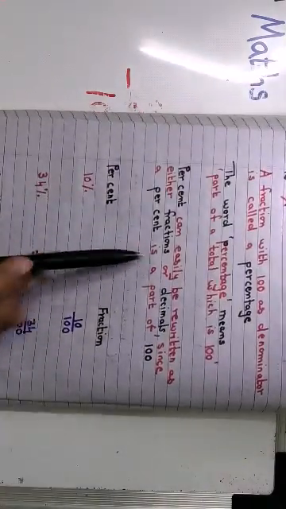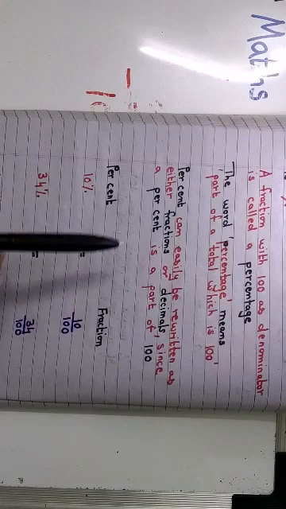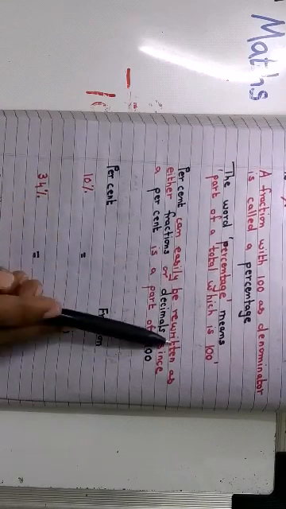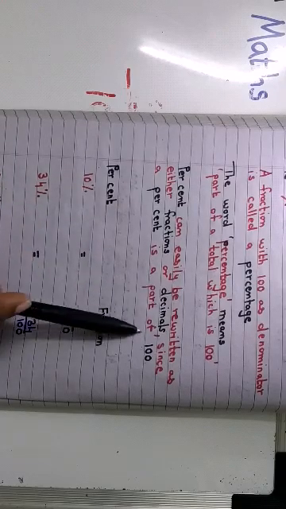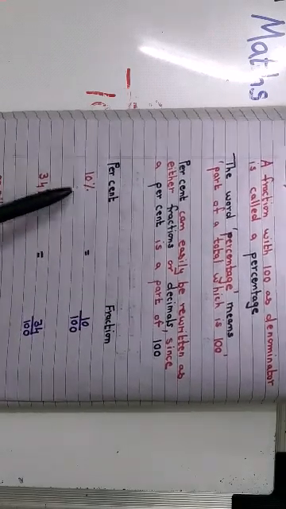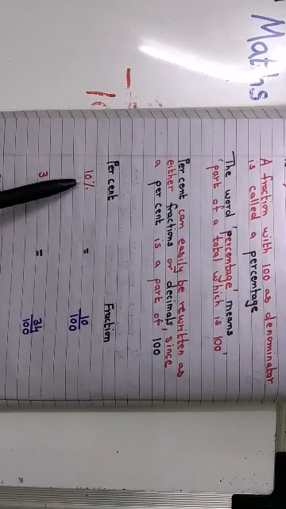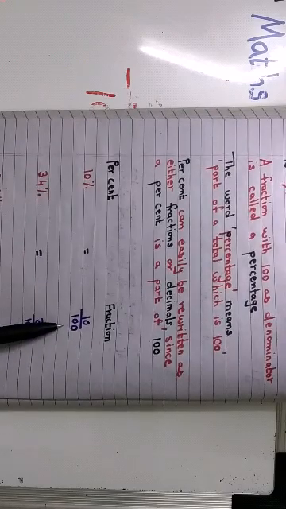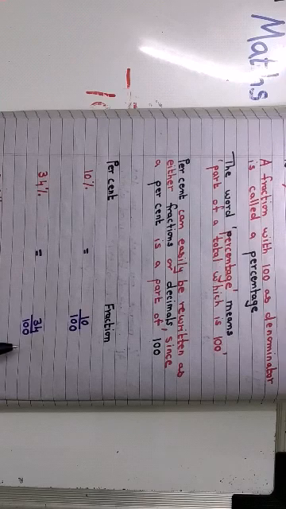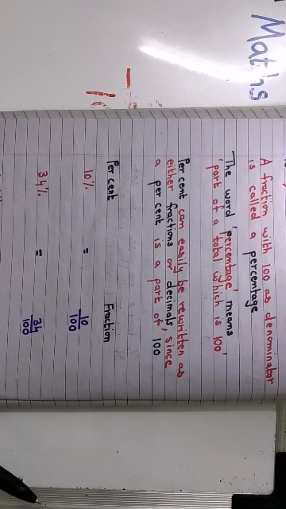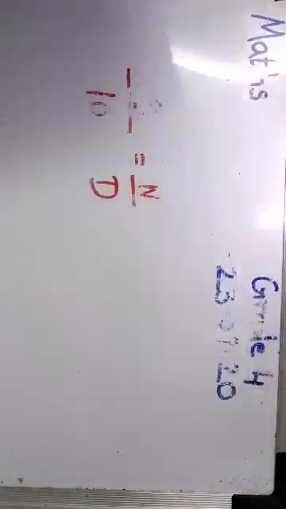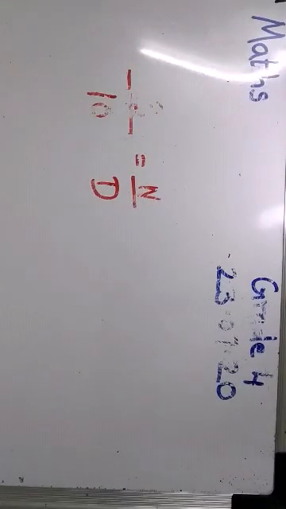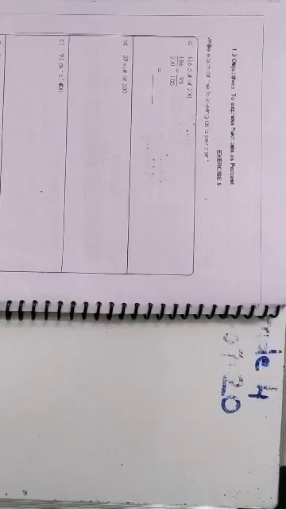Now today we are going to do this, children. So this is very important. Percent can easily be rewritten as either fraction or decimal, since a percent is part of 100. So if you have 10%, it is 10/100. Similarly 34% is 34/100. So we move to this first exercise. Exercise 5. So now children, let's solve this.